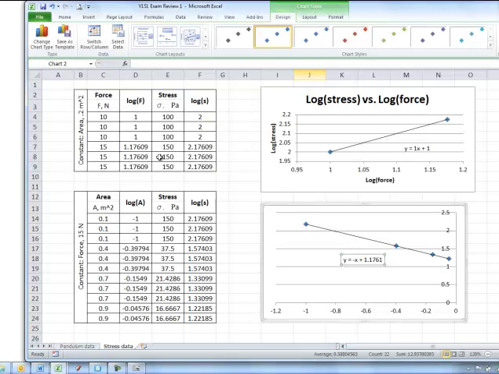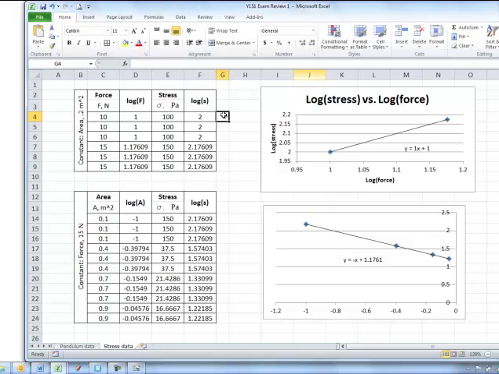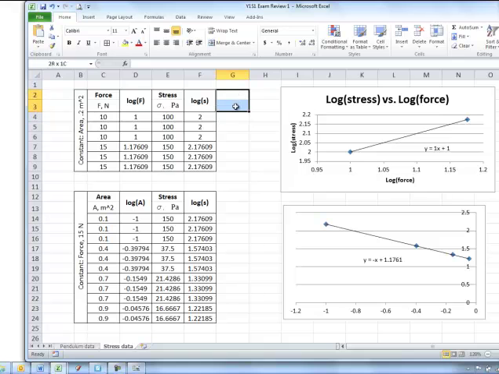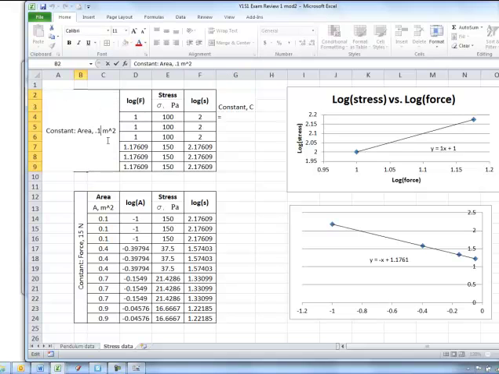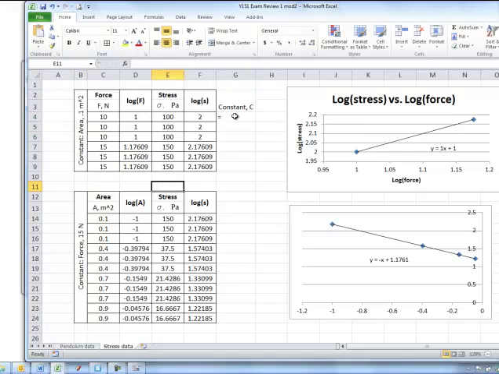So if this is the case, if C equals sigma times A over F, I can take either of these two data tables. Let's go here. And I'm going to have a column in here for our constant, C. C equals A over F. So this cell is going to equal A. A in this case is 0.2. Is that right? 0.2 square meters? No, this is 0.1 square meter. So C equals A, which is 0.1, times,